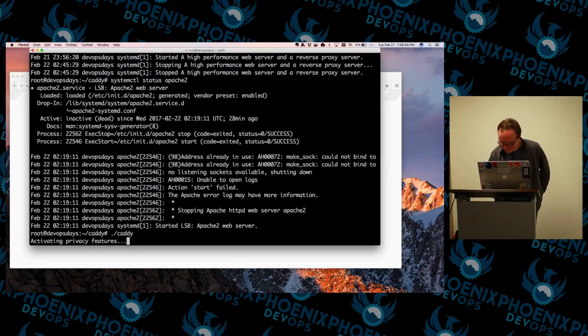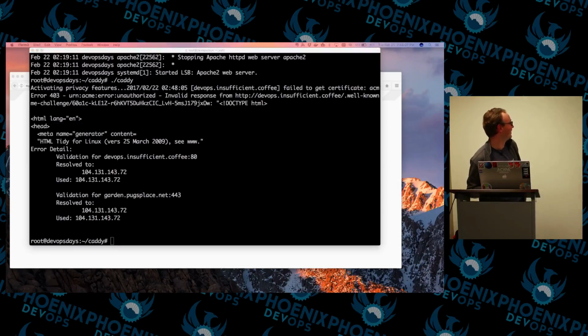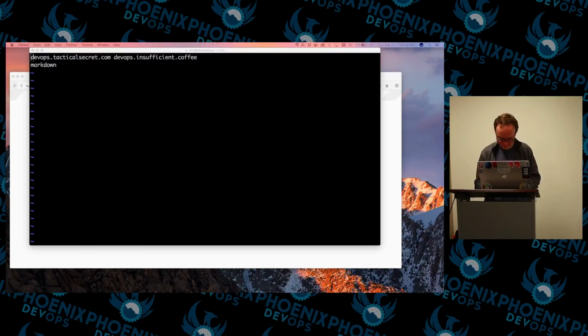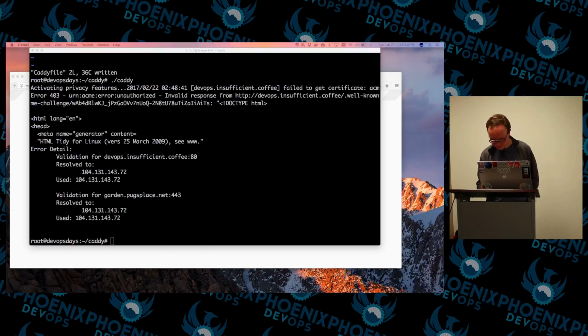Do this thing. What? Invalid response. Why is it still dead? I don't know. Did you copy necessary files around? I don't need to for Caddy server. It should just work. It, in fact, doesn't use that method. It uses the TLS method. Why did it say it was still trying to do that well-known folder? I don't know, actually. Maybe I'm wrong about how Caddy server does its authorizations.